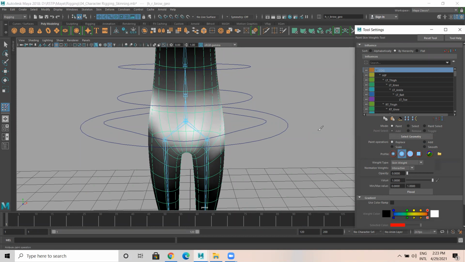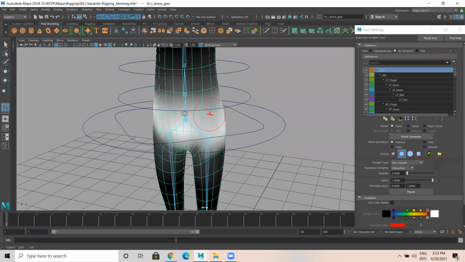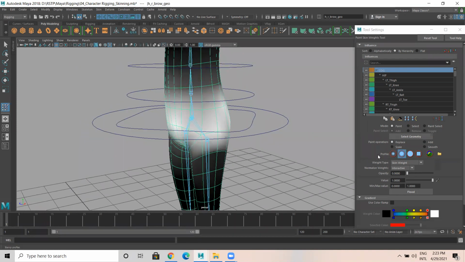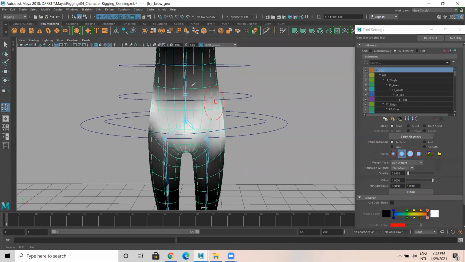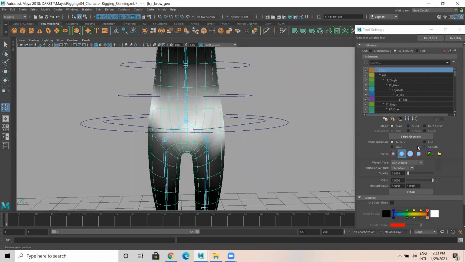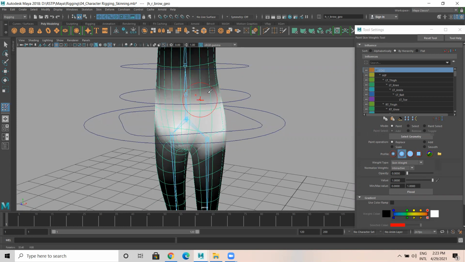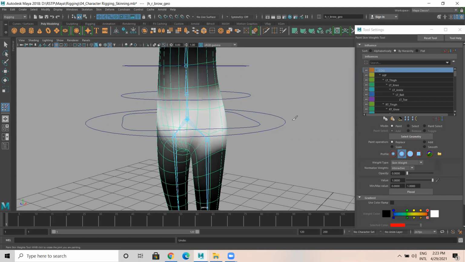Not smooth, replace with 0. And I make this smoother.